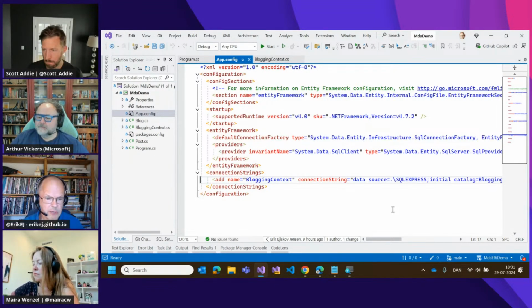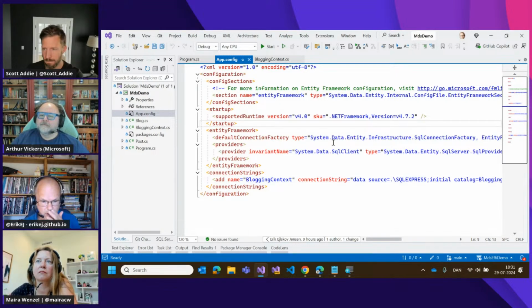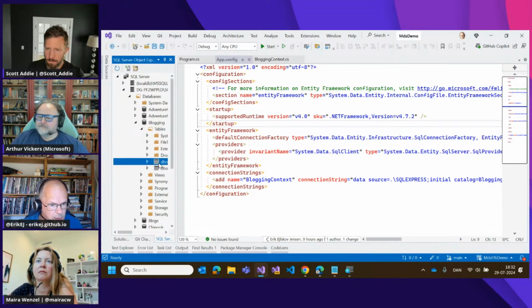But interestingly enough, and kudos to the Entity Framework 6 team, you can actually do code-based configuration like you would do in modern frameworks like EF Core. And actually, under the hood, this new provider takes advantage of the fact that you can do code-based configuration. So let's just try to run this app, and we'll just have a quick look in the